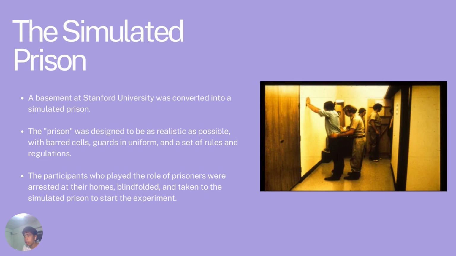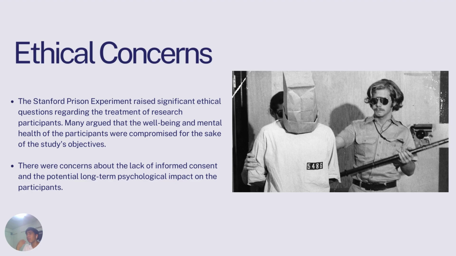Moving on to our ethical concerns here. It did not take long for the guards to abuse their powers. Within one day, only one day, a guard hit one of the prisoners with his nightstick. Moving on to the next day, the second day, the prisoners tried to rebel and their beds were taken away. To punish the prisoners, the guards sprayed fire extinguishers into their cell.